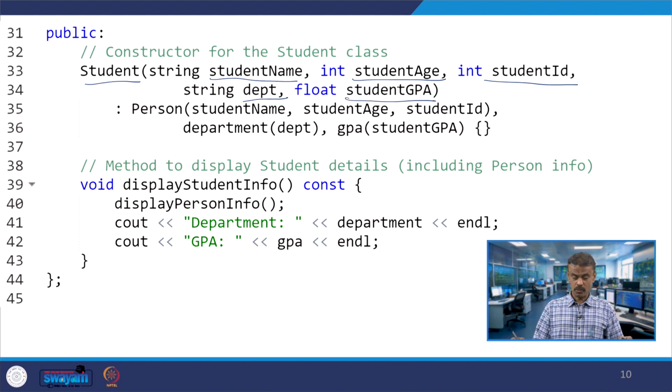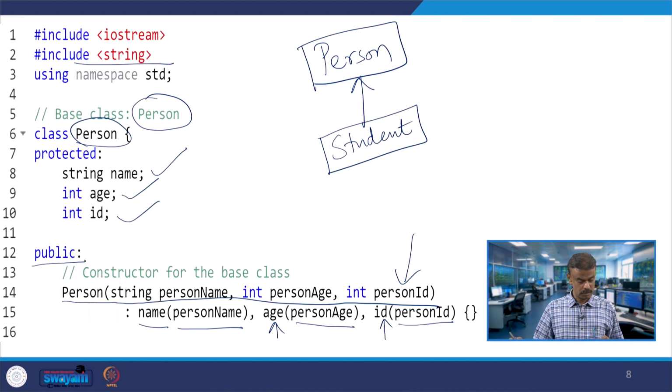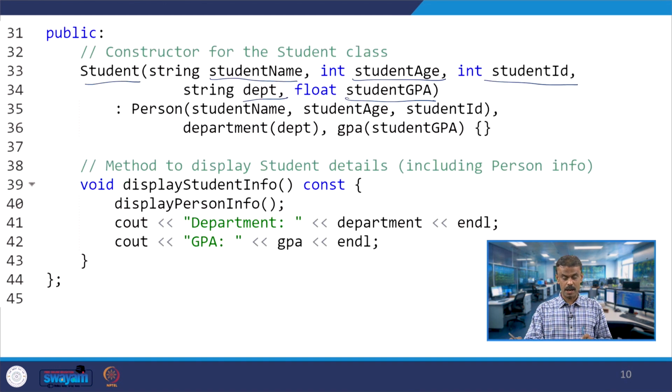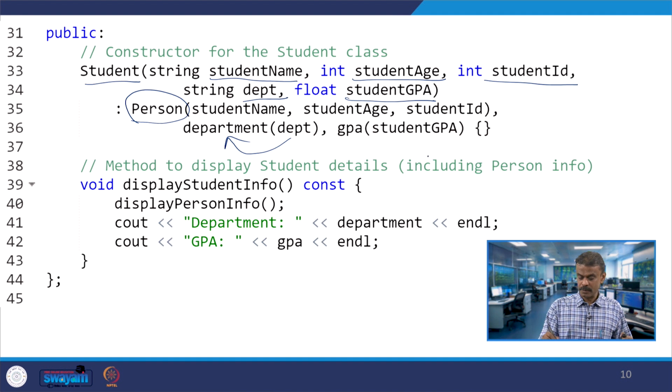Now what I will do over here: person is the base class, and under the base class I have student name, student age, student ID. That means I am calling the base class constructor person. Department you are copying into department and student GPA you are copying into GPA.